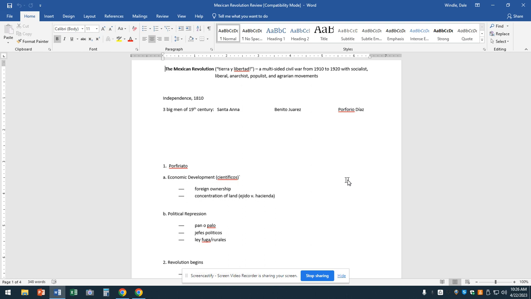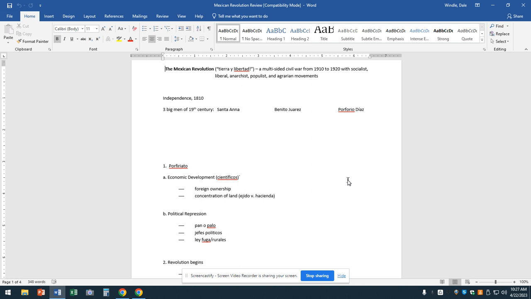In the 1860s, France and Britain put the Emperor Maximilian, an Austrian archduke, in charge of Mexico, because Juarez had suspended debt payments. They didn't like that. Juarez kicks him out and restores liberal constitutionalism, but unfortunately dies somewhat prematurely. He is succeeded by the third great man, Porfirio Diaz, who was his lieutenant. Diaz started out as a liberal, a good guy, but got increasingly conservative and authoritarian over the course of the 30 years that he remained president. This period is called the Porfiriato.